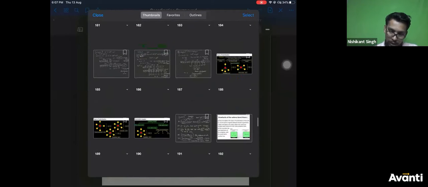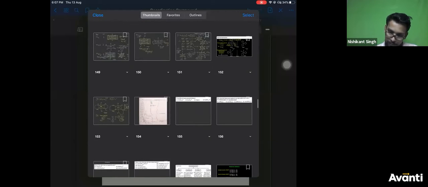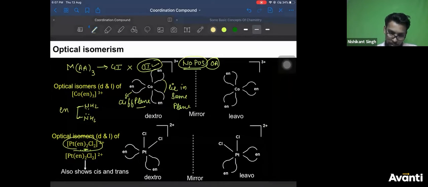So Prashant wants to see that slide again. Just a minute, Prashant, let me come back. This was the slide, Prashant. This was the first slide, Prashant. Yes, Prashant, is it clear now? Is it in NCERT? Yes, I think these examples are there in NCERT also.